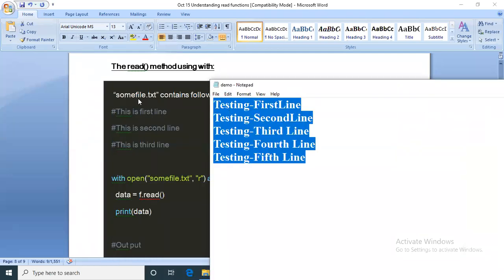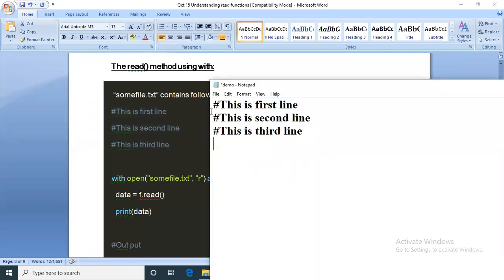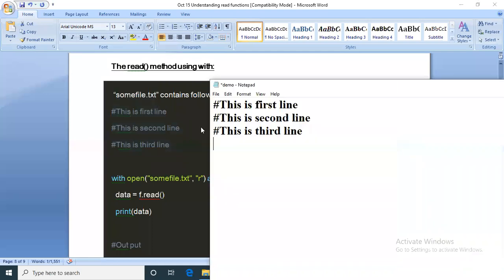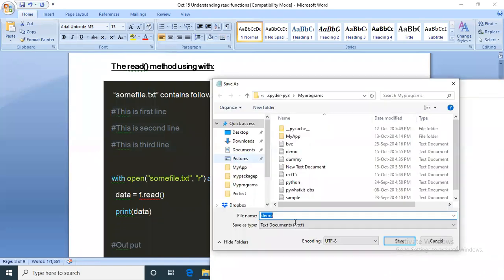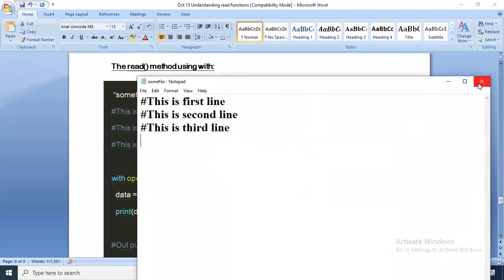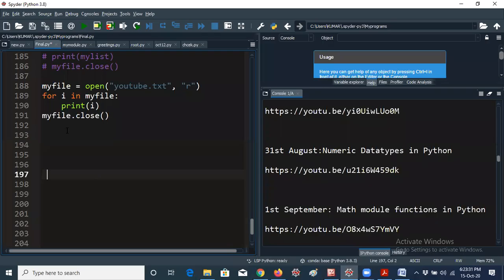I will create some file.txt. I'm giving some file name, closing this, and now copying these 3 lines of code.